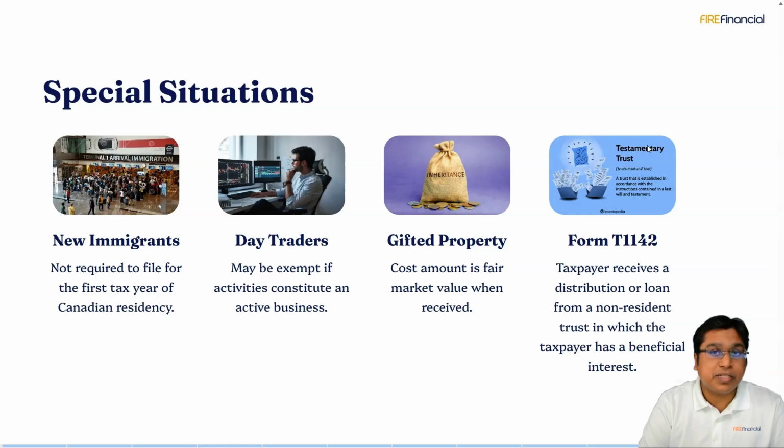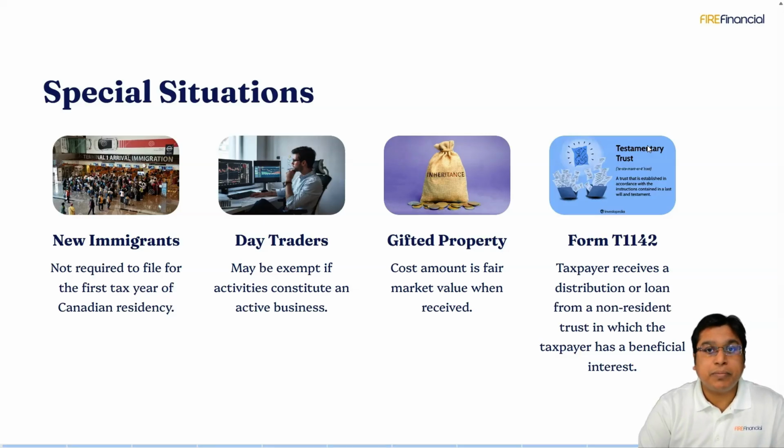Now, what happens if you are a beneficiary of a trust? Distribution from a foreign trust needs to be added on something called a T1142. Now, we can have a completely separate video for those, but most people do not receive distribution from a foreign trust. But if you are one of those beneficiaries where somebody from the USA had a testamentary trust or somebody is paying you from a trust, then you have to report that on